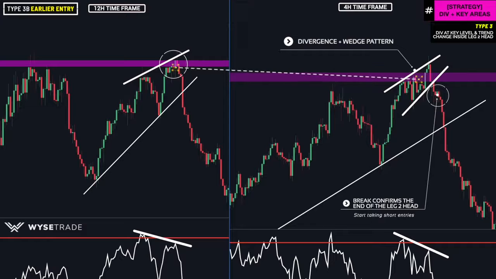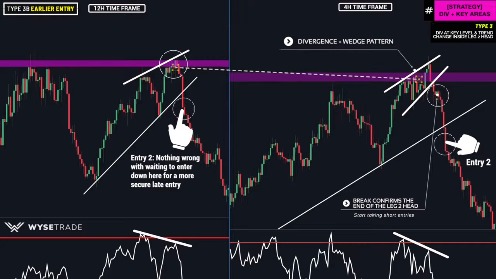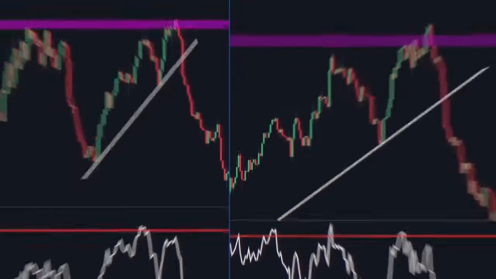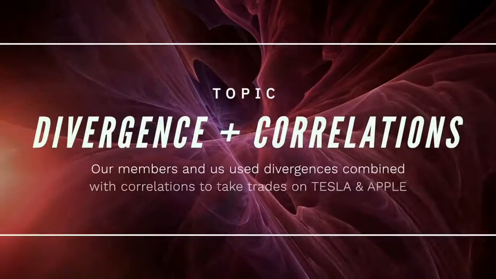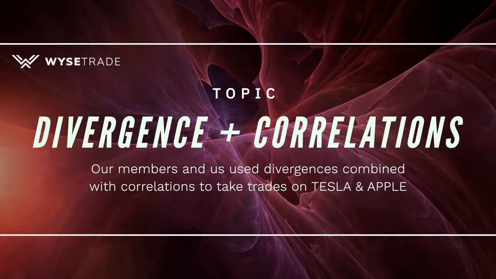Then you can get in with an earlier entry here. But for more secure traders, you can still wait for the larger trendline break and enter down here. Again, it all comes down to your style and how aggressive you want to take entries. But now, we want to show you something very interesting, which also brings us to the final section of this